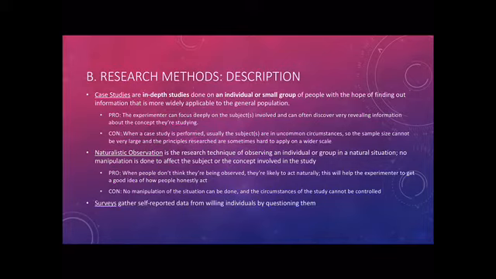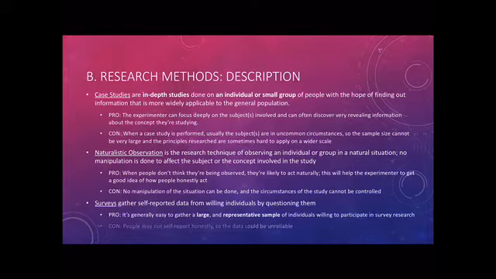And then surveys, I'm sure you've all filled those out. They're just self-reported data from people who are willing to answer a questionnaire, essentially. And so the pro of a survey is it's really easy to get people to fill them out. So you can get a pretty large and representative sample of people who are willing to participate by just doing your survey. But the con is that we really have no way of verifying whether or not people are telling the truth when they answer a survey. And so the data could be unreliable because they're just not being honest.